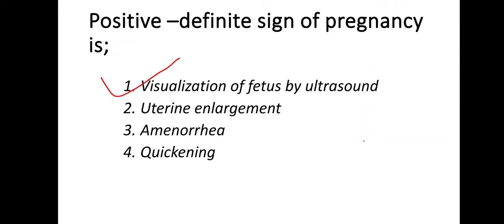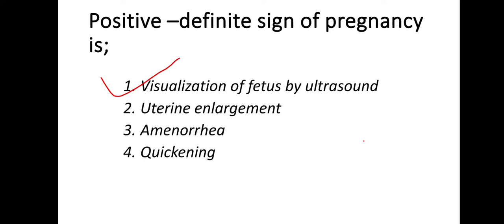The presumptive signs of pregnancy are the signs which are felt by the mother. Here, look at amenorrhea and quickening; these two are felt by the mother only. The mother can only say, I am not having periods, or I am feeling like something is moving inside my stomach. It might be a baby or might not be a baby. It might be due to some gastric conditions. So it comes under the presumptive category.